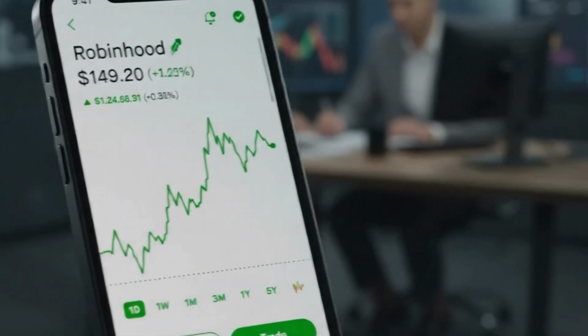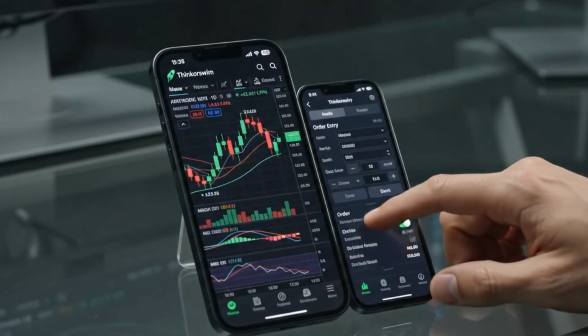The second mistake is trying to learn your trading app during the live trade. It's a bad idea to be figuring out where the sell button is while the trade is going on, whether that's on Robinhood, Webull, Thinkorswim, or any other app. You need to know the basics before you follow anybody's alert. How do you enter? How do you exit? How do you set a stop loss? How do you cancel or replace your order? What is the difference between a market order, a limit order, a stop order, or a stop limit order?